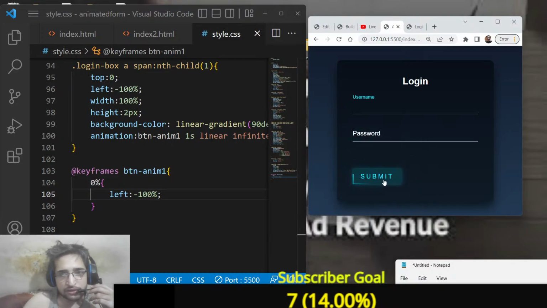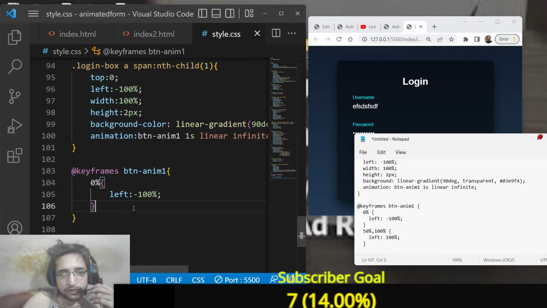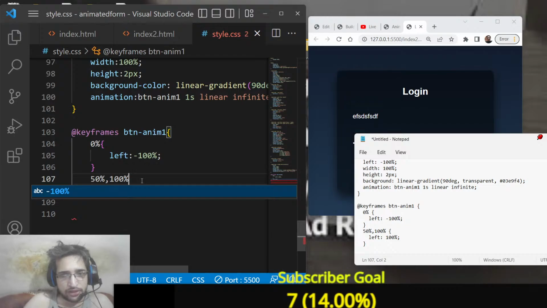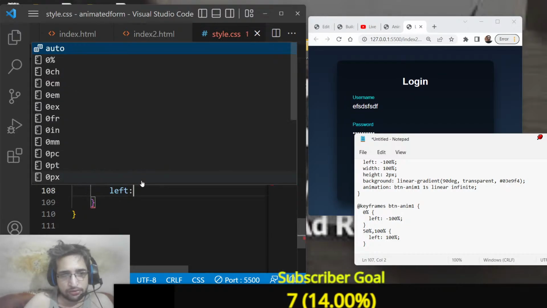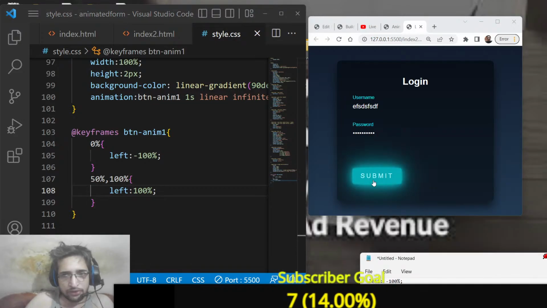You can see that. So at 0% we need to have left to minus 100%. At 50%, comma 100%, we need to have the left to 100%. So now what we will see guys,